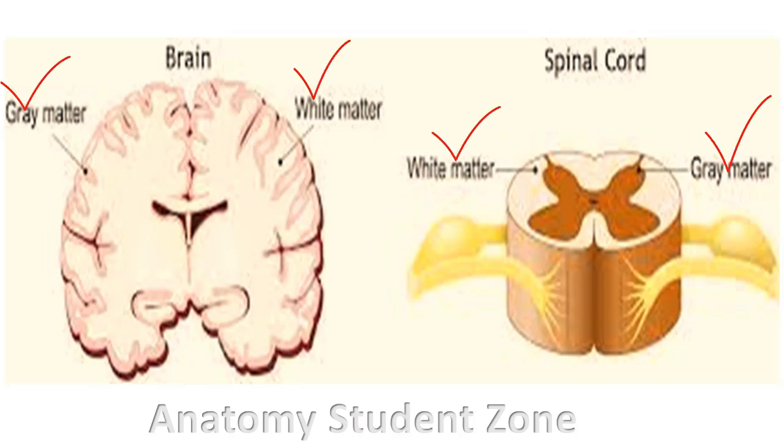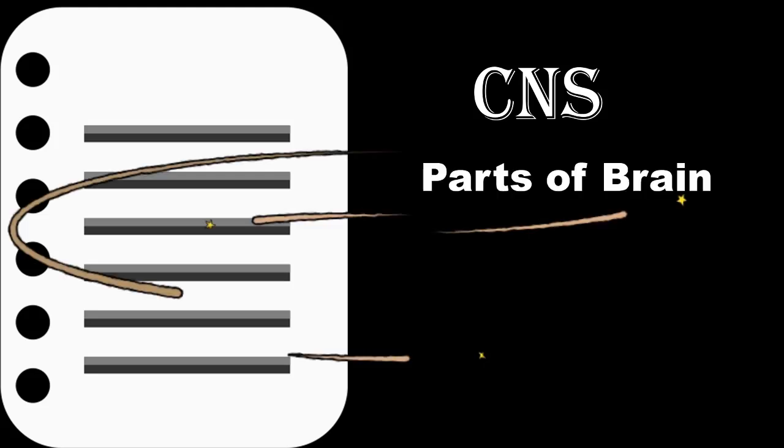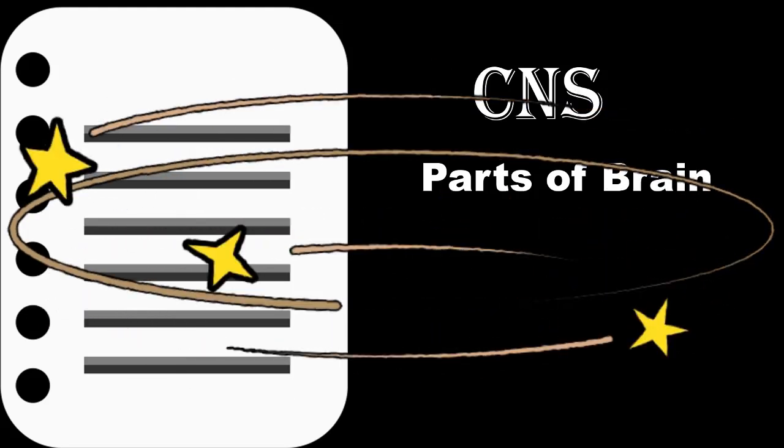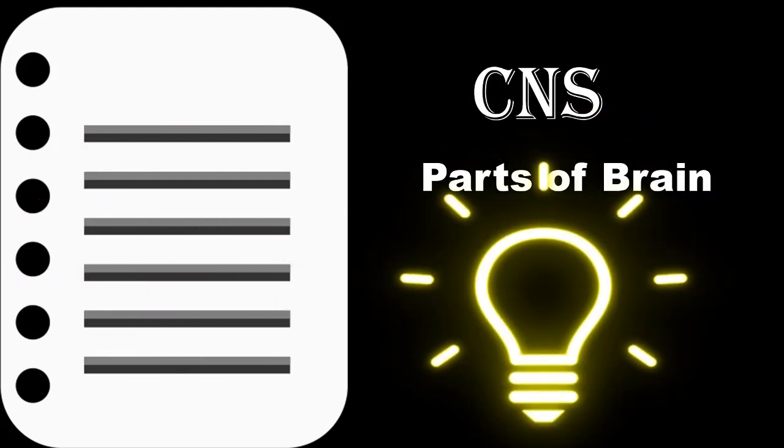Before I proceed to detailed anatomy of the central nervous system, you should know the major divisions of the central nervous system. I will explain what the different parts of the brain are and how they develop. Over here, I am not going to cover embryology, but this will help you to understand the divisions of the brain. This will also help you to understand the cross-sectional anatomy, and how you can identify these sections on CT and MRI.